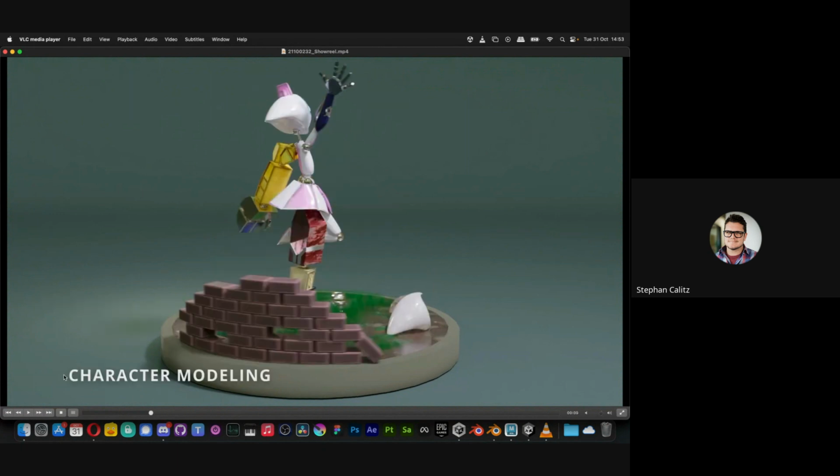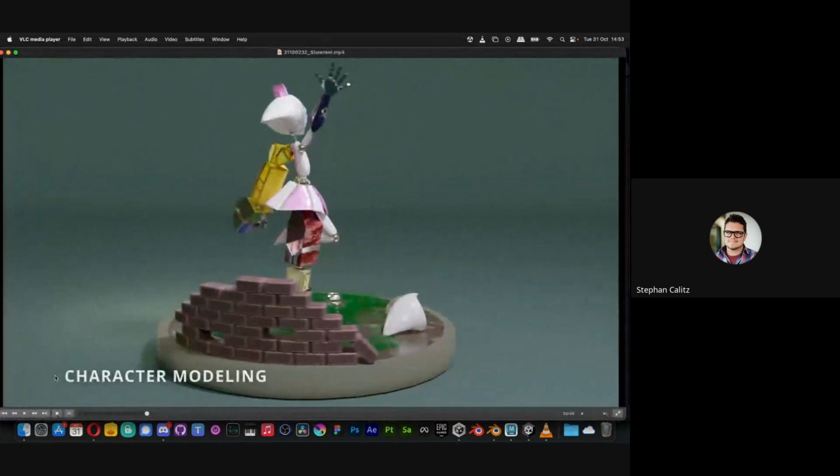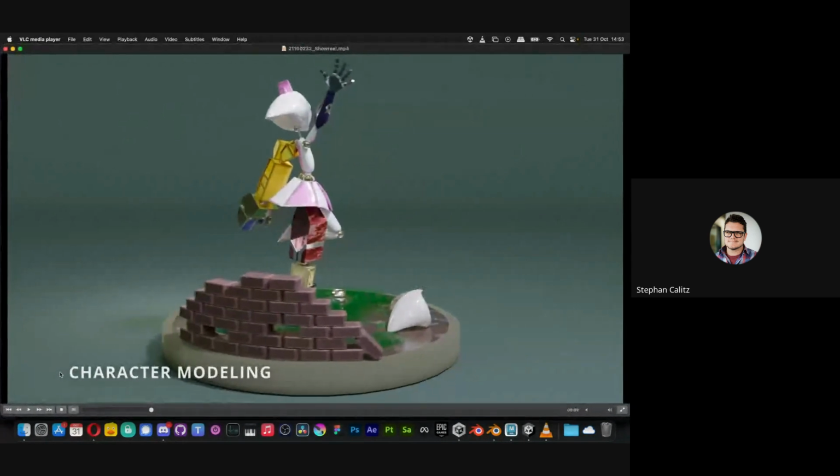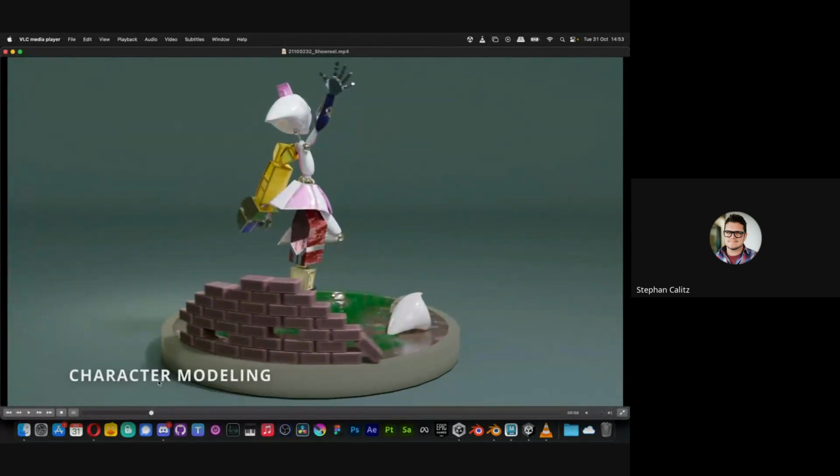If you still have the files to this, I would just take the titles off. Showreels rarely require titles, because it's not a portfolio exercise. It's not where you have to explicitly say what it is that we're looking at, because we're already looking at it. So it just makes the viewer feel like they're being treated like they're stupid.